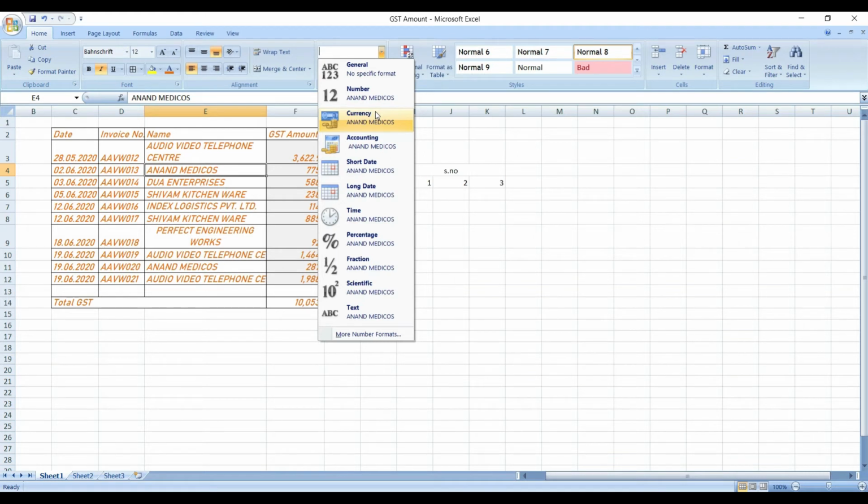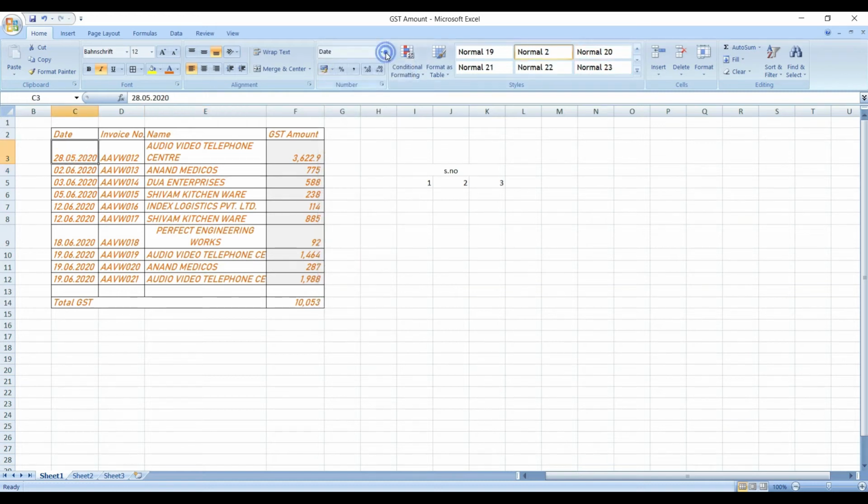And if this cell is related to dates, you can change it to the date cell. See, if I make it a date, this would be a date cell. See, this cell is basically related to date, and this one is journal. There are also capital words, and there are also number words.